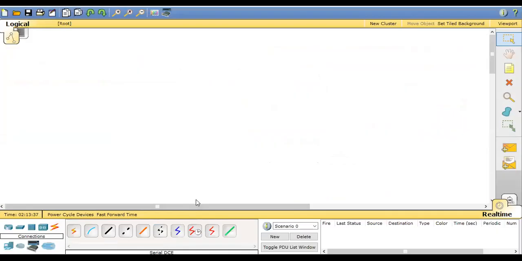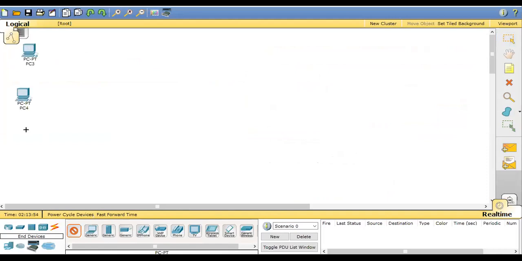So I'm going to show you each and everything right from the scratch. So watch the video till the end. Okay, so let's do one thing. Let's create a wired setup, then we'll create a wireless setup in the same video. So let's take the PCs, 1, 2, 3, and this will be a DHCP server plus a web server plus an FTP server. So this is used for multiple purposes. That is why I'm taking the server.